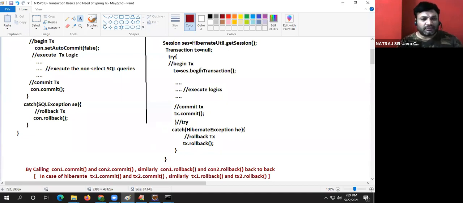Same thing here also. TX1 pointing to session 1, session 1 pointing to Oracle. TX2 pointing to session 2, session 2 pointing to MySQL. Here I begin two transactions. One belongs to Oracle, one belongs to MySQL. Here I commit to, here I roll back to. So then tell me, if I do like this, even JDBC and Hibernate also can be used for global transaction